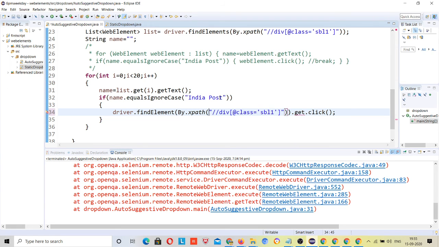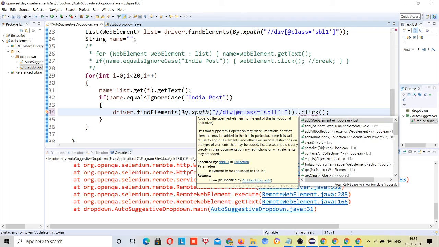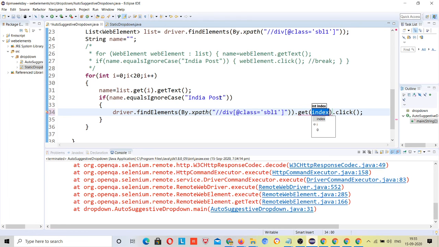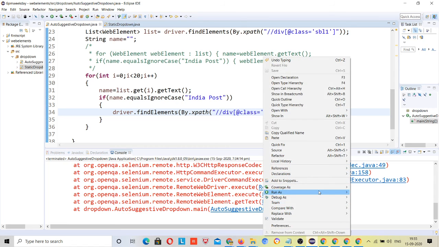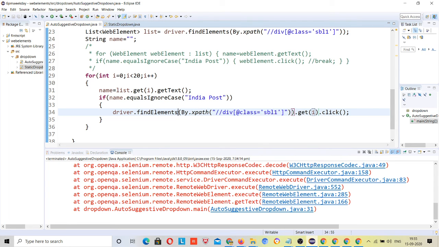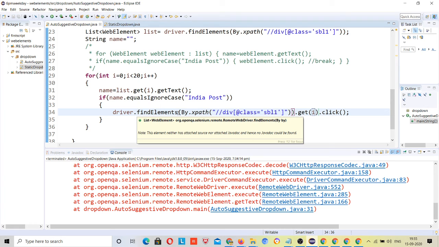And for using the getI method you need to use findElements. The getI method is present in findElements only, right? So this time it will work fine if you run it, because when you are using the right locator, you are in the right position.